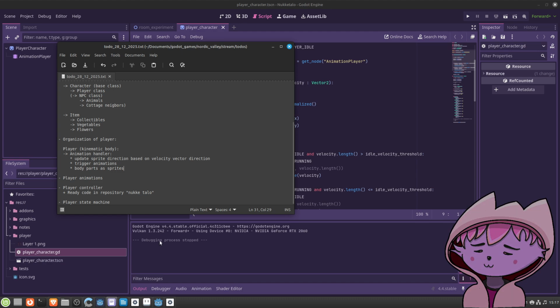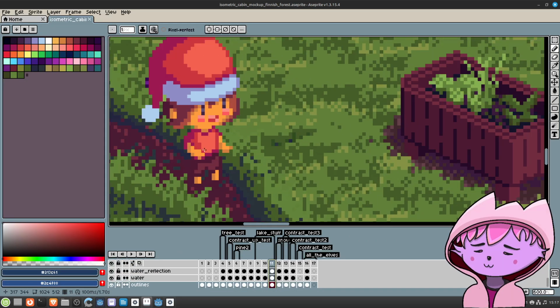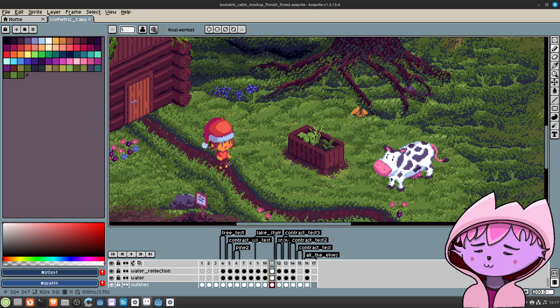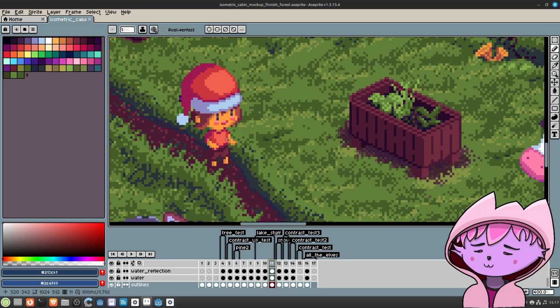So when I say that it's time to give the player a possibility to carry a lantern or carry some kind of tool or carry a vegetable, then I can just add some kind of indicator to the hand sprite to be the child of the hand sprite, and the animation player takes care of all these visibility problems as well.